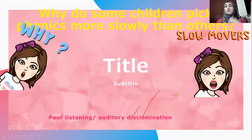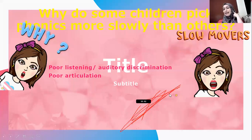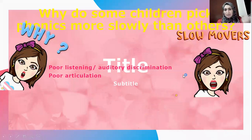What about slow learners? We have slow learners maybe because they have poor listening or auditory discrimination. They cannot recognize the difference between sounds because of something missing or wrong with their listening ability. Poor articulation. We find that some students